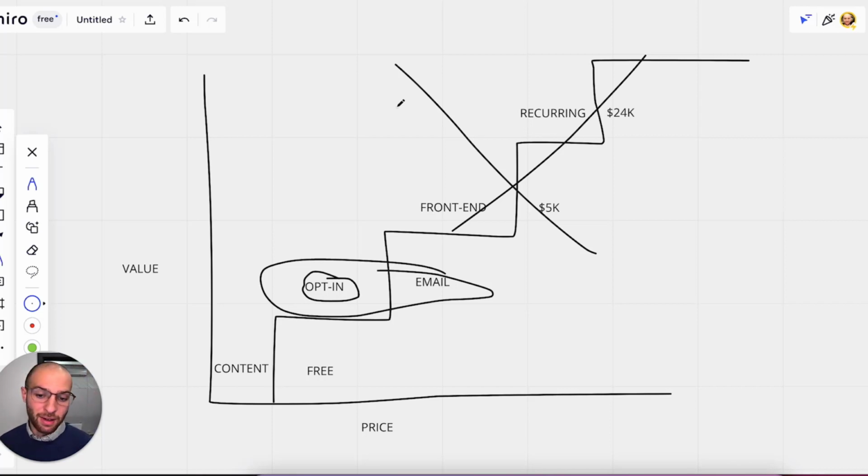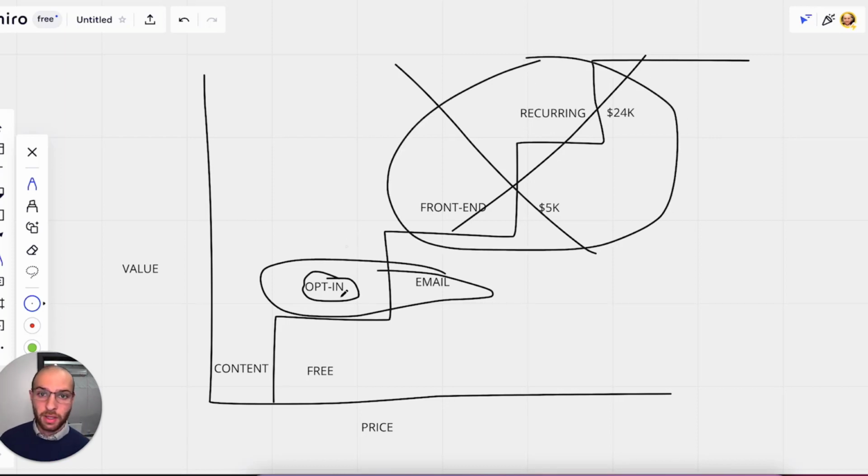So I'd say, you can make your opt-in whatever you want as long as it's valuable, but your opt-in needs to be something that your target audience would like. This is very important. Your opt-in needs to be something that your target market is going to want, because that's what's going to drive everything else. All of this up here about selling stuff is going to come from people on your email list that are